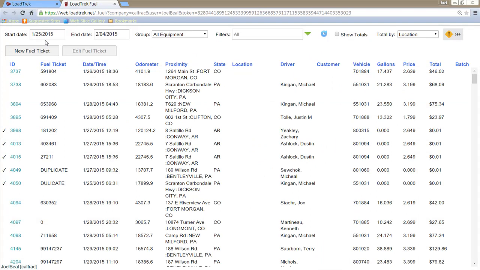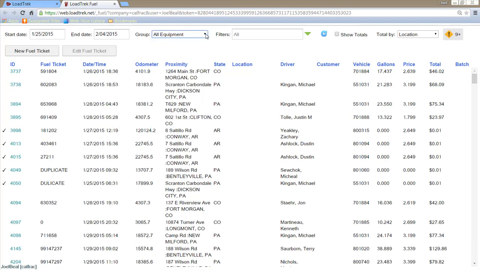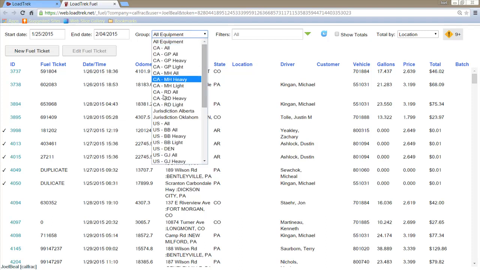So again, starting from the top and working down, these are the dates that we're reconciling. This is where we pick our group that we're going to work with. This is where we apply filters. Let me just show you an example. Let's say that I'm in the